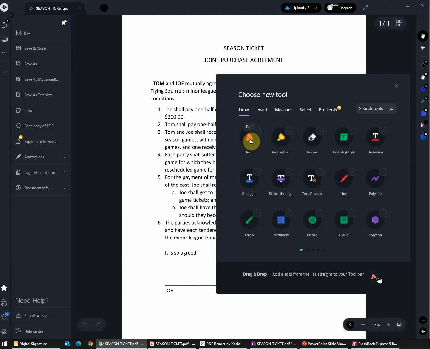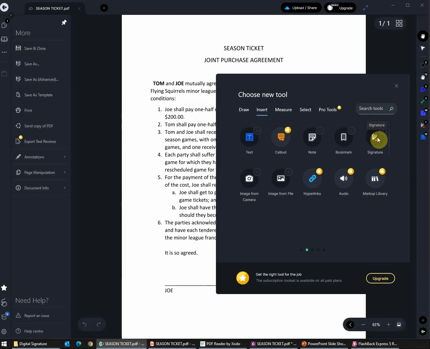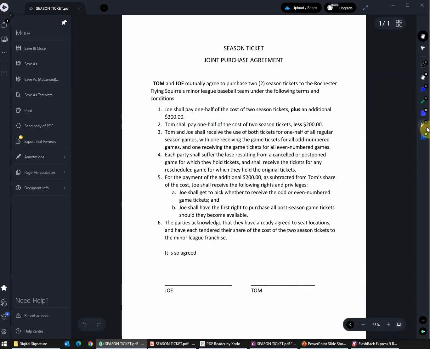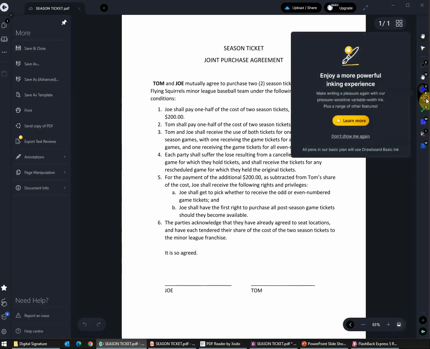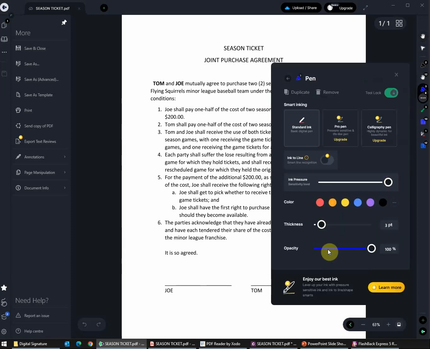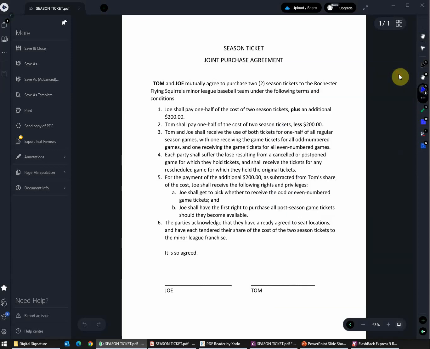Primarily use the pen and the signature application tool, which is under the insert. There's that signature application tool, and I've already got those loaded on the margin. Here's the signature application tool. Here's the pen tool. You'll see I'm again using blue, and that little 3 means it's a 3-point thickness. I made those settings just by clicking on that little 3-bar thing. It opened a menu, lets me grab the font that I want to create,